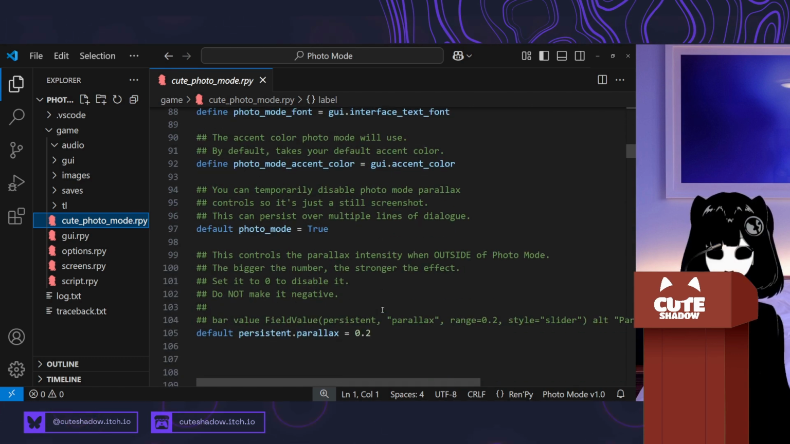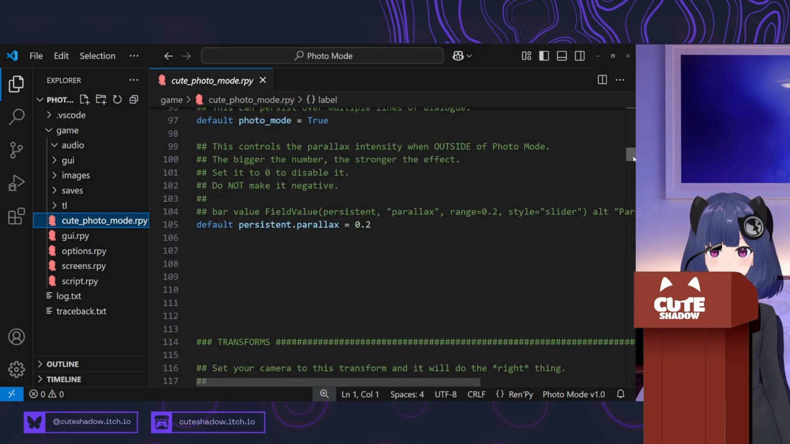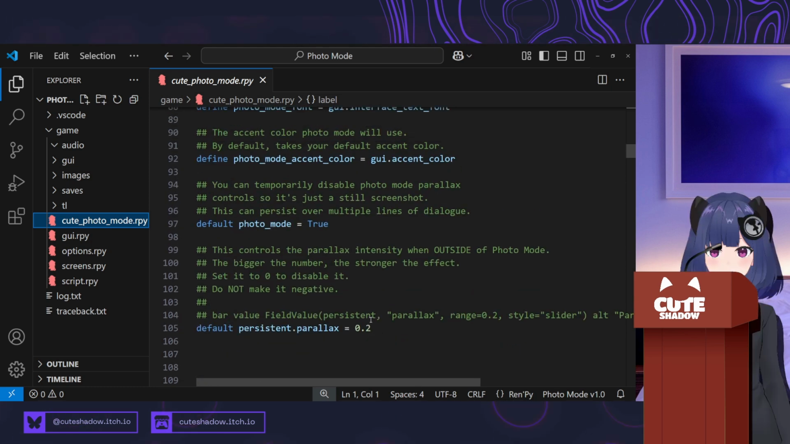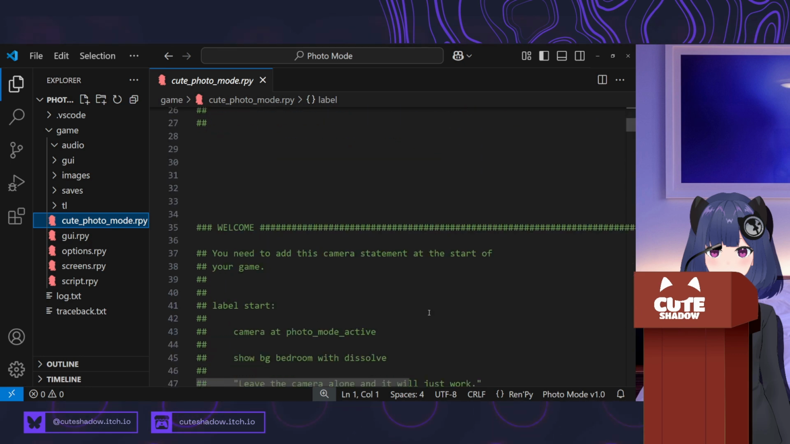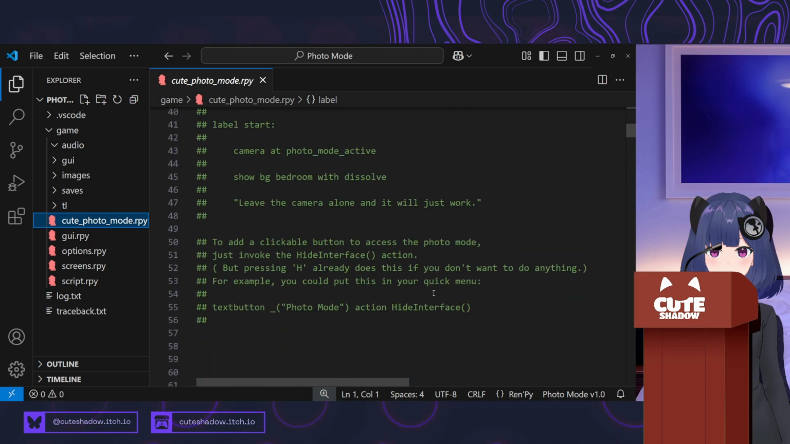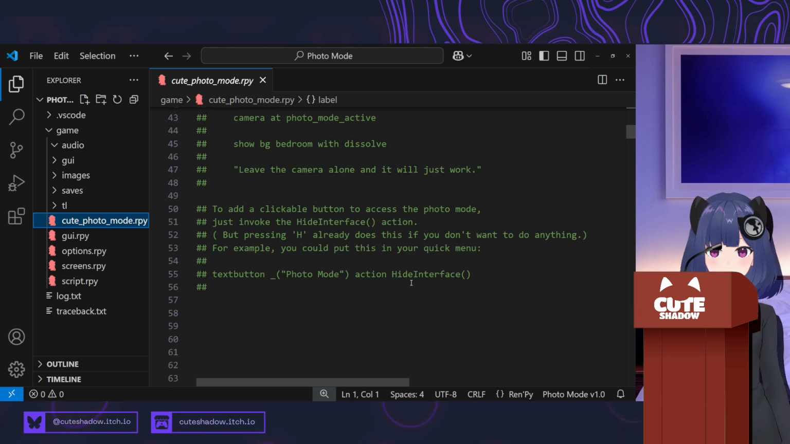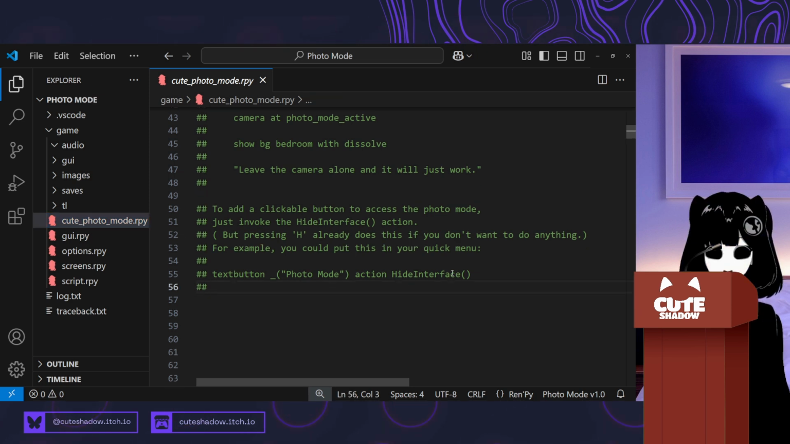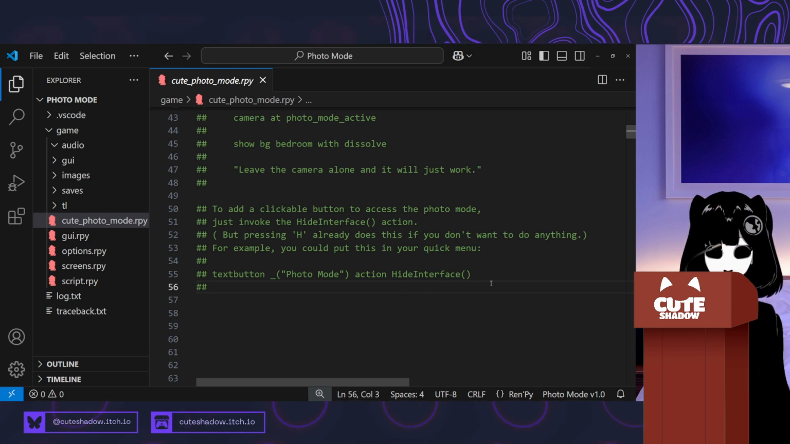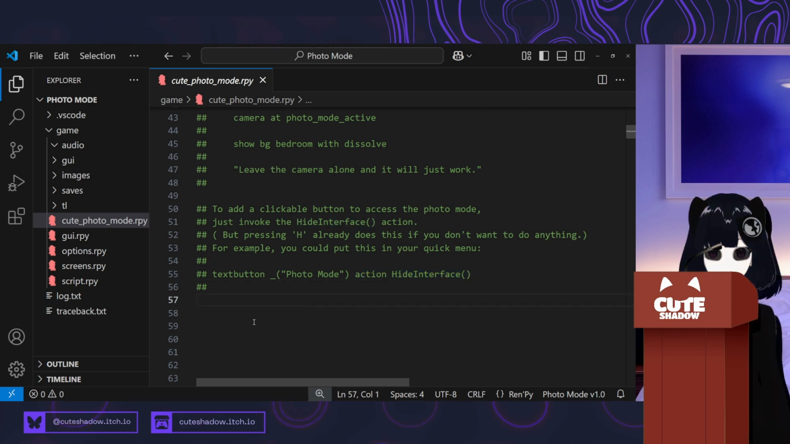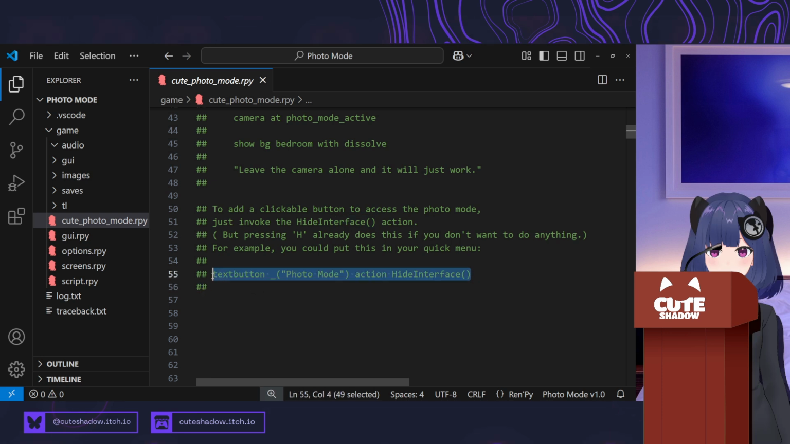So I'm in the photo mode file right now. I'm scrolling down and I'm looking for some settings. So it's right over here. So pressing H to activate photo mode is nice and all, but your player might not realize what that control is. So if you want to add an actual button, you could just take this. You just need to invoke the hide interface action, and I have an example text button here that does that. So I'm just going to take that,